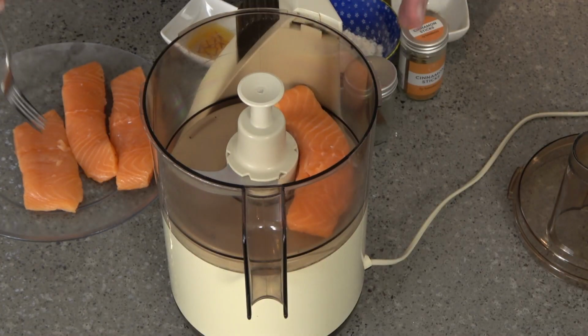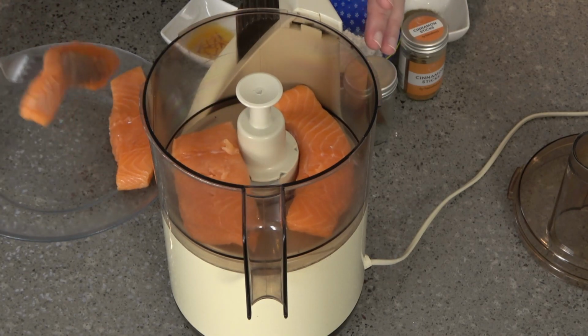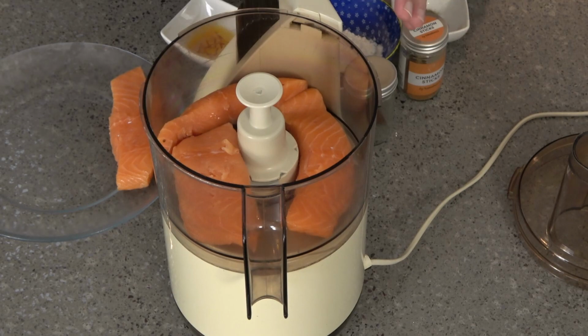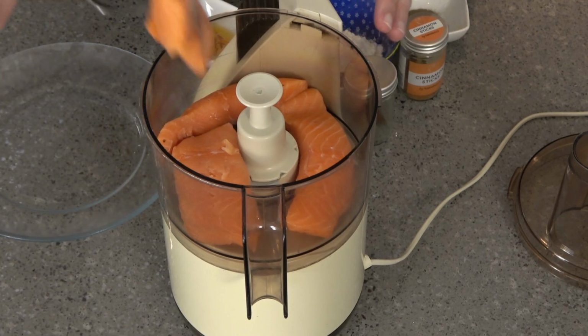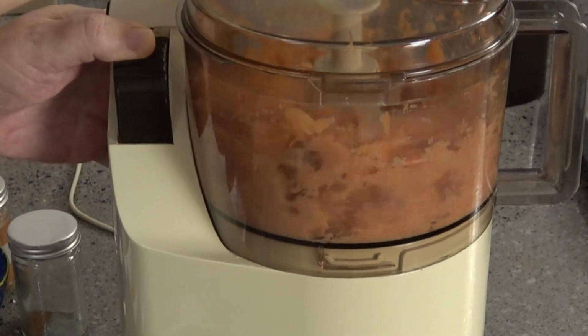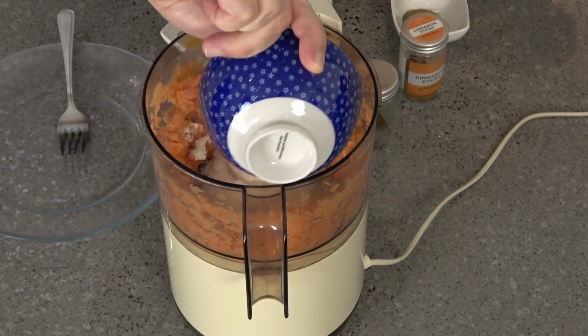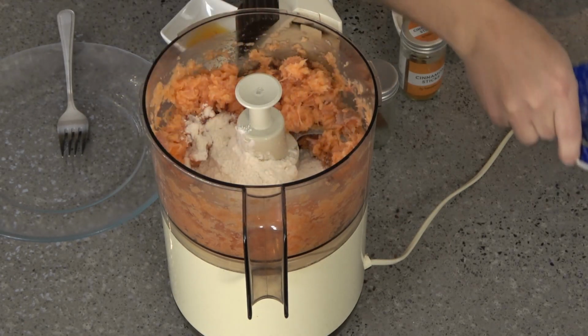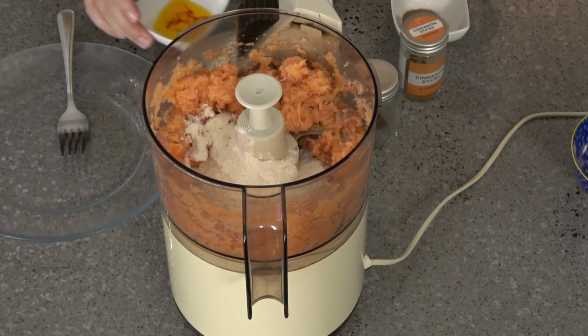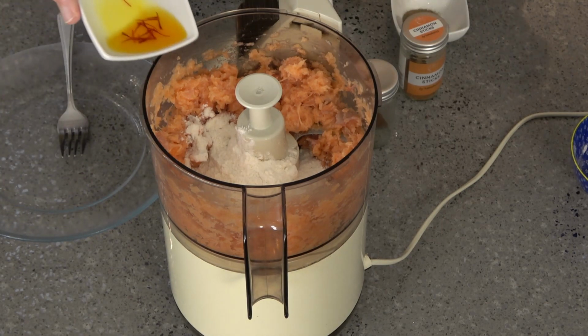Next, take skinless salmon fillets, weighing about 400 grams or so, that's 14 ounces, and place them in your food processor. Give it a quick whiz to break up the salmon. Then to this add 4 level tablespoons of white rice flour, about a dozen strands of saffron that have been soaking in a little hot water for at least 10 minutes. Include the water,